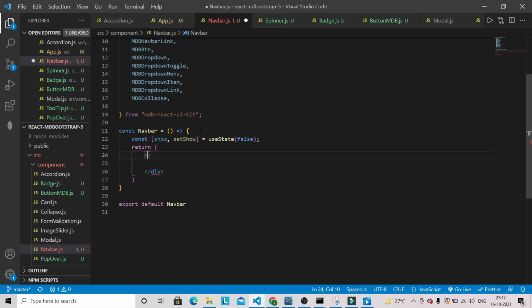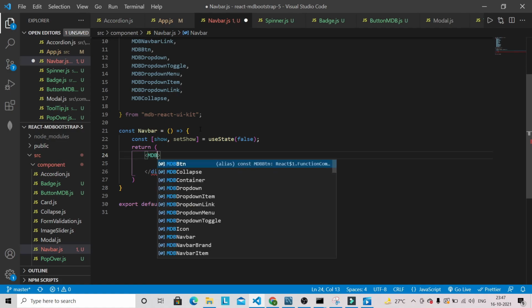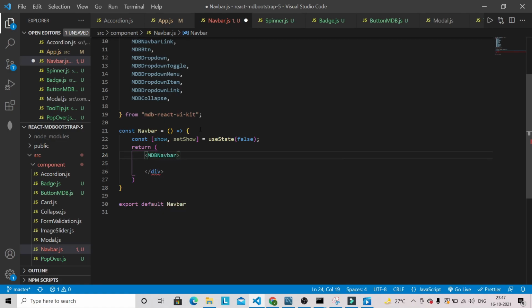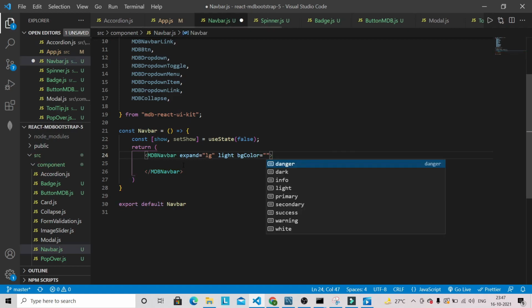So instead of div we are going to have an MDB navbar, so this will also be MDB navbar only, and inside that we're going to specify some props: expand lg, light, and background color we can give here primary.